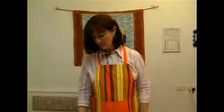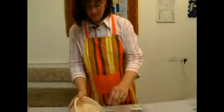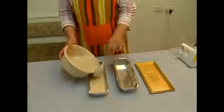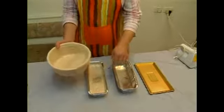Now we're gonna put the batter inside the pan. On those kind of cakes, usually you don't oil the tray because